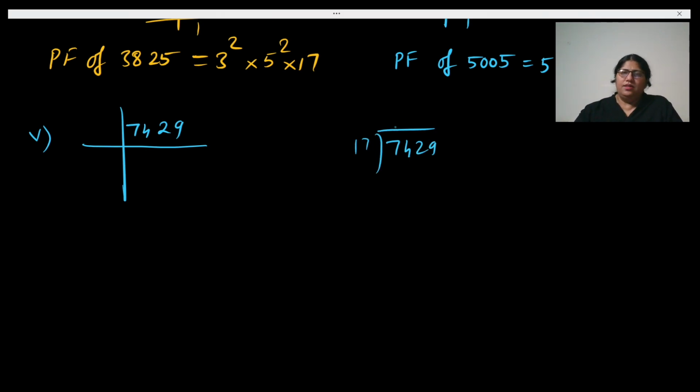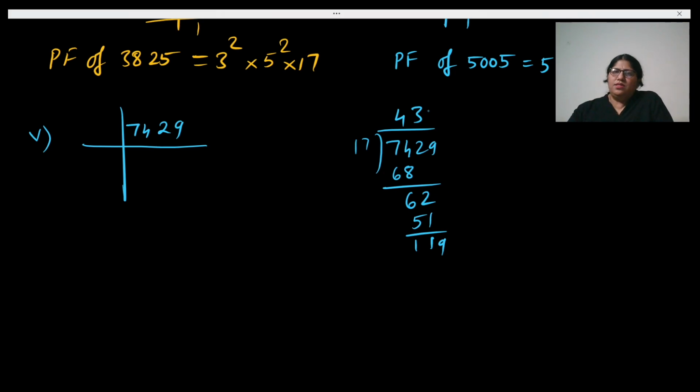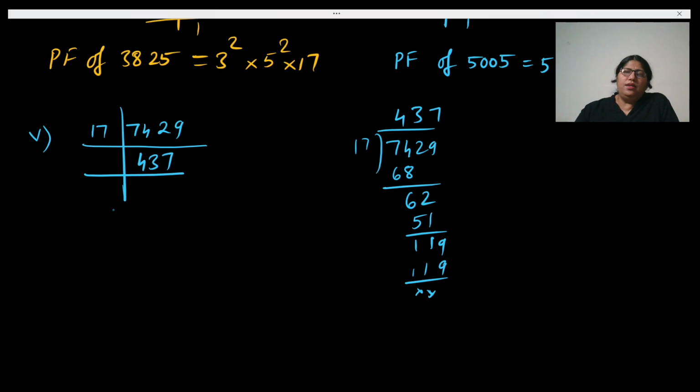You'll see that 17 fours are 68, then 17 threes are 51, and it must be 7 sevens are 49, right? So it's because it's ending with 3, threes are, it won't be possible, because 17 threes are 51, and this is not divisible. You can see that. So here I see these are the bigger numbers. So unless you do the trial and error method, you will get stuck.